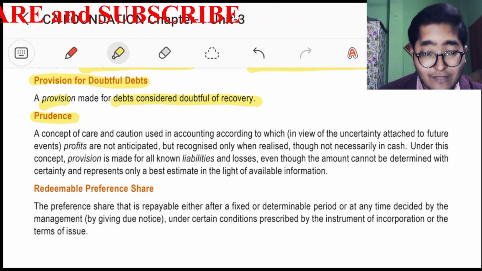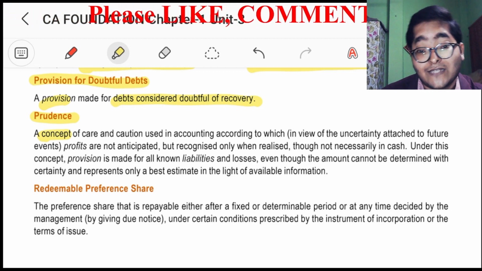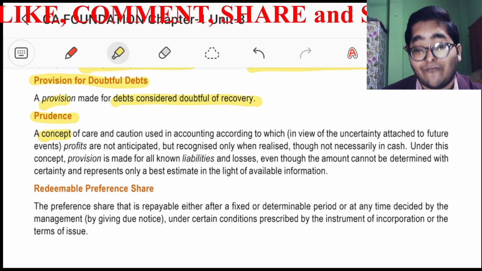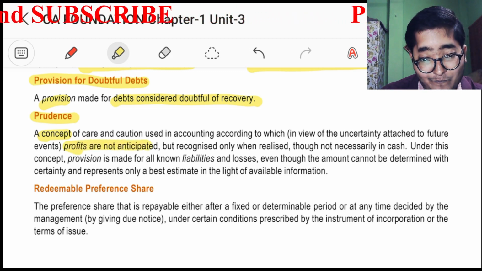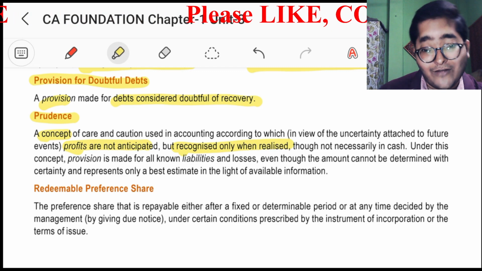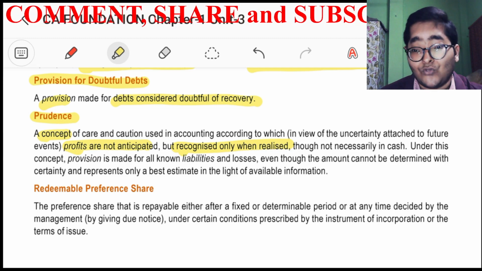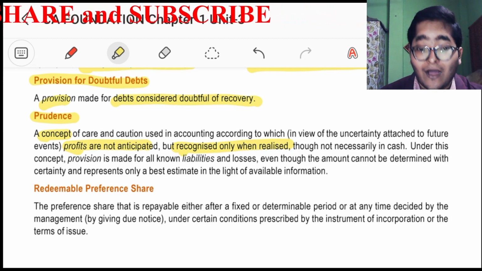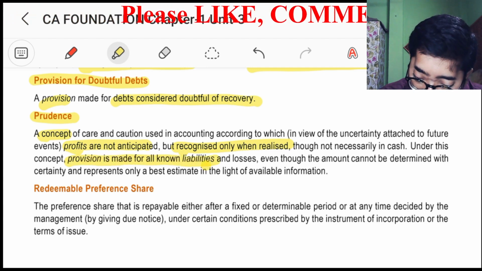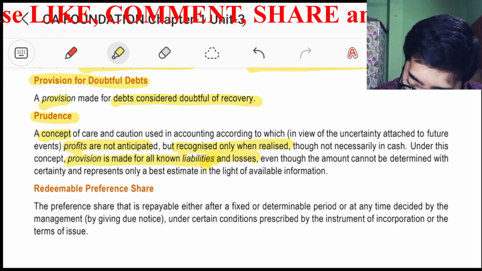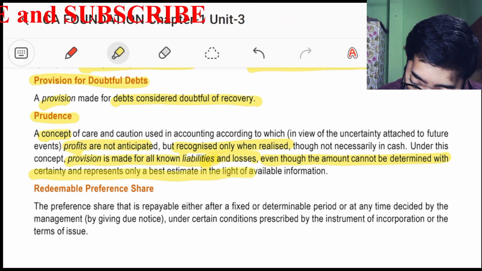So what is prudence? Prudence is an accounting concept of care and caution used in accounting, according to which, in view of uncertainty attached to the future events, profits are not anticipated but recognized only when realized, though not necessarily in cash. Under this concept, provision is made for all known liabilities and losses, even though the amount cannot be determined with certainty and represents only a best estimate